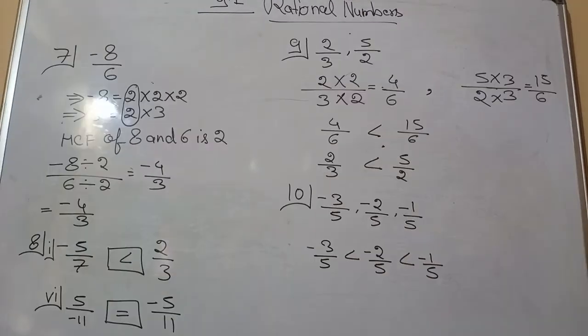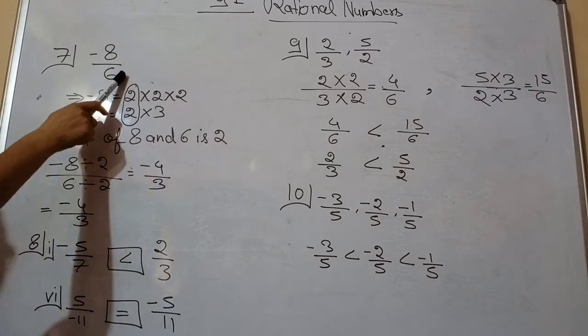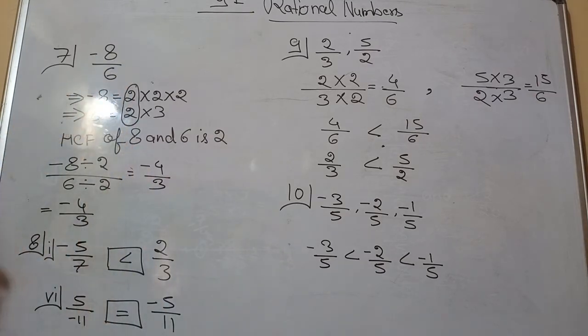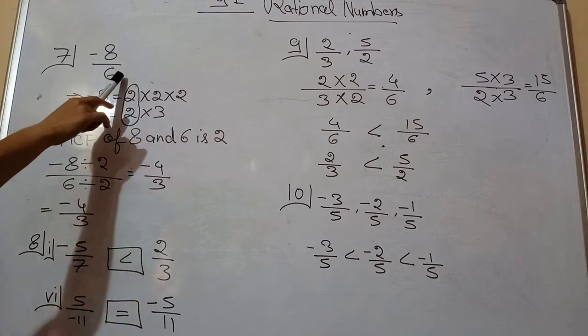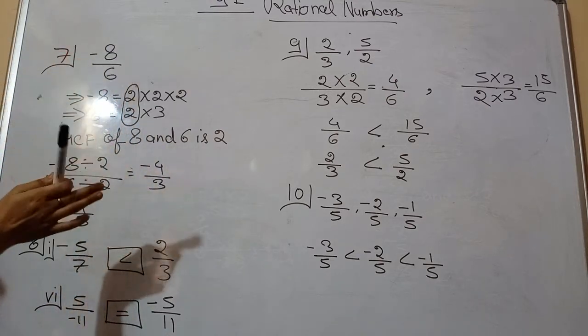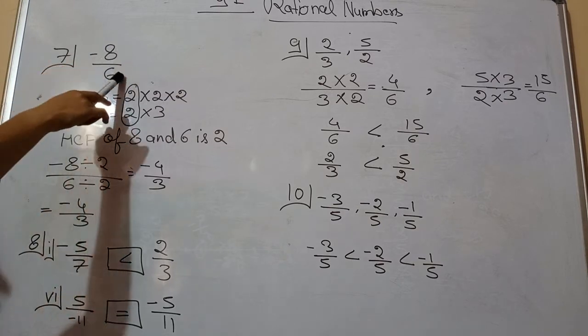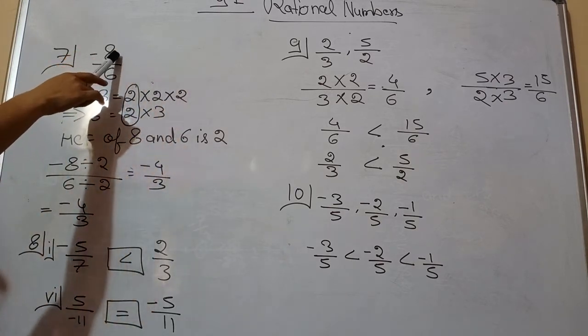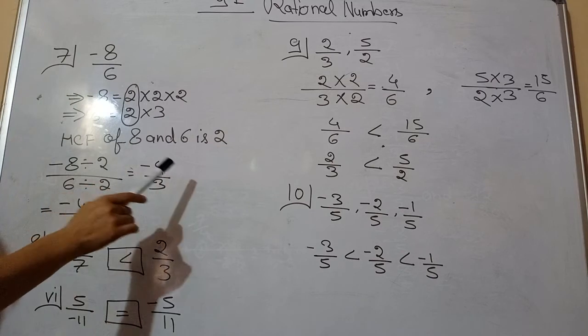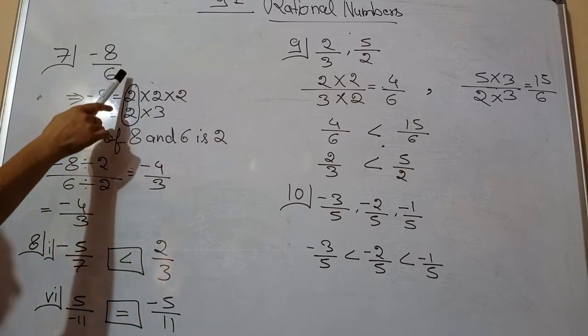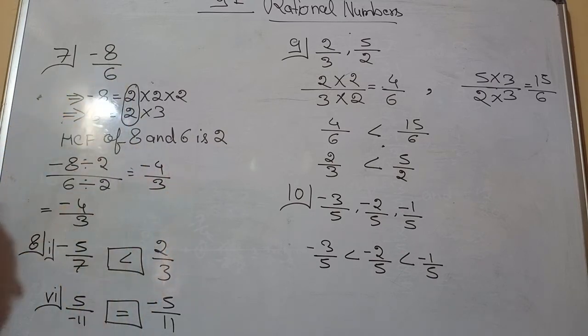Okay. Now see, in question number 7 what we have to do. We have to rewrite in simplest form. Okay, so there are two methods to find the simplest form. If you know the table of the given number, then you will easily get to know the simplest form. Like 8 and 6 both come in the table of 2. 2 fours are 8, 2 threes are 6. So directly your answer is 4 by 3. Like 2 fours are 8 and 2 threes are 6, and the minus sign along with that.